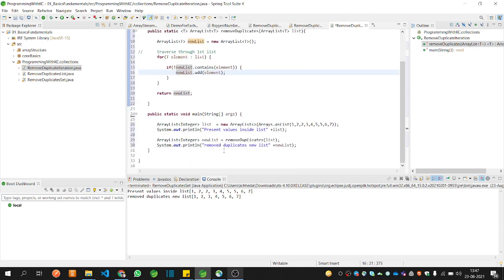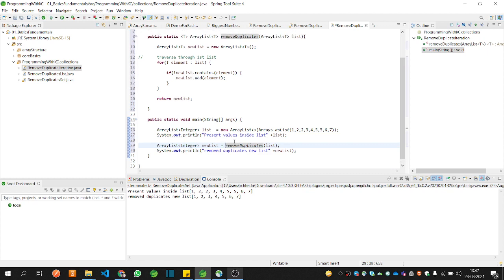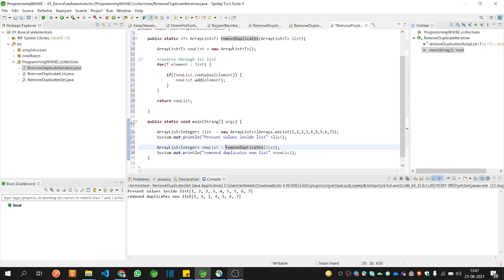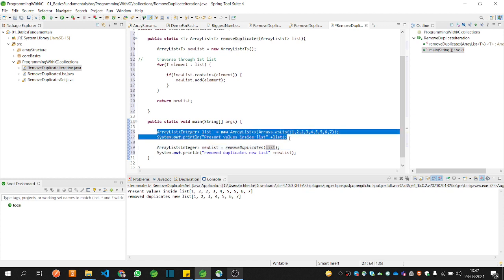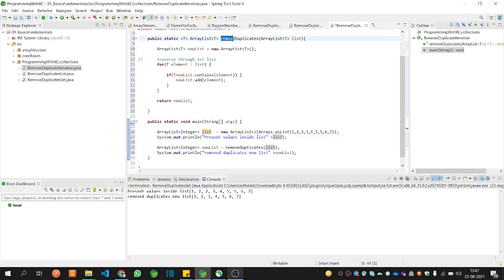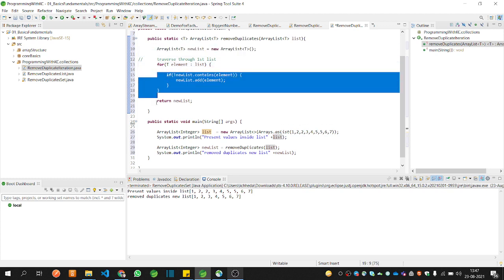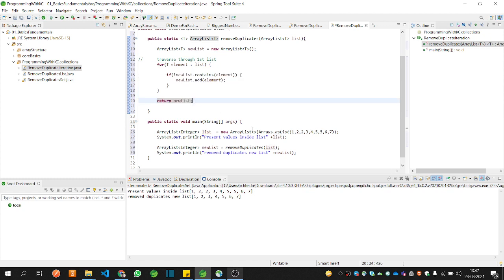And over here below, you can see that I created this ArrayList of Integer as the new list, and I'm passing this list to the method removeDuplicates, so the value of this list will go inside this method, or inside this function. So we are passing this list, and inside it I am creating the new list, in which I am checking using the conditional statement, and which is returning some new list.